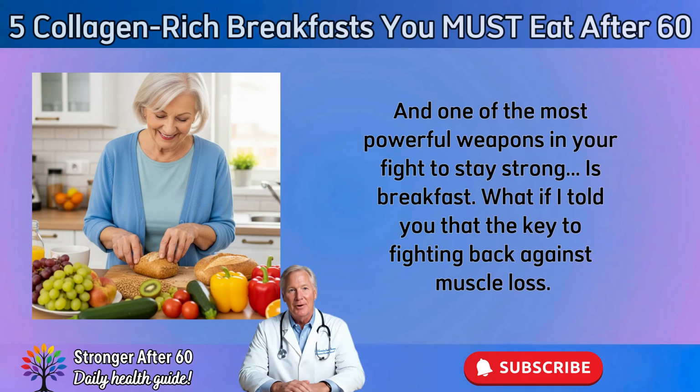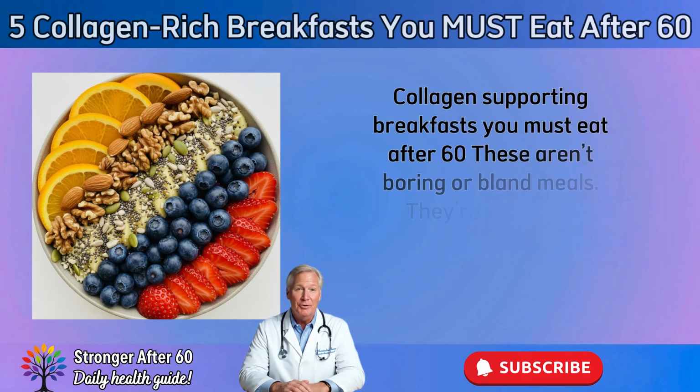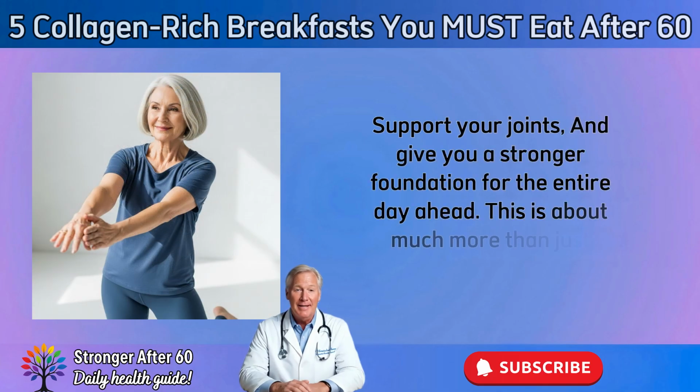What if I told you that the key to fighting back against muscle loss and building stronger legs could start with the very first meal of your day? Today, we're sharing 5 specific protein-packed, collagen-supporting breakfasts you must eat after 60. These aren't boring or bland meals. They're delicious, nourishing, and scientifically designed to fuel your muscles, support your joints, and give you a stronger foundation for